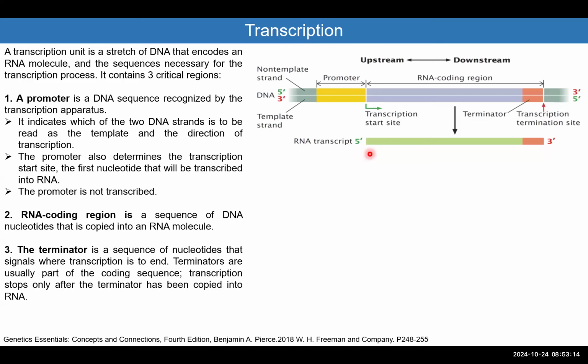Since we have polarity of the DNA from 5' to 3', and we discussed many times that addition of these nucleotides always happens from 5' to 3' end, the RNA also has the same polarity, 5' to 3' end, but now it's only a single-stranded molecule. So if we look closer,